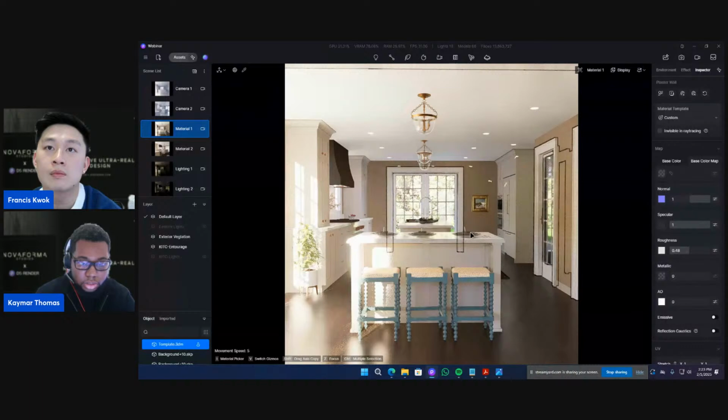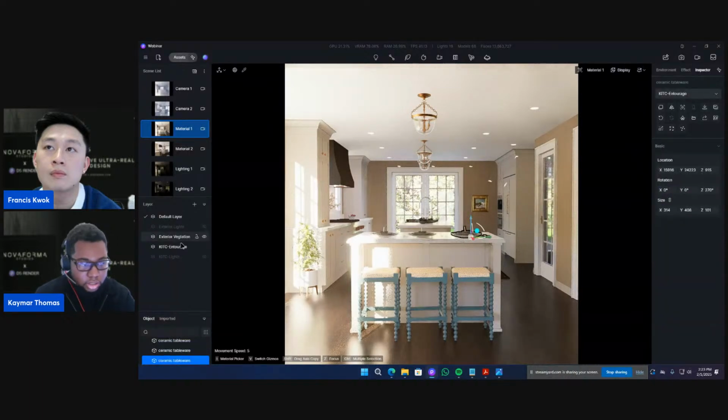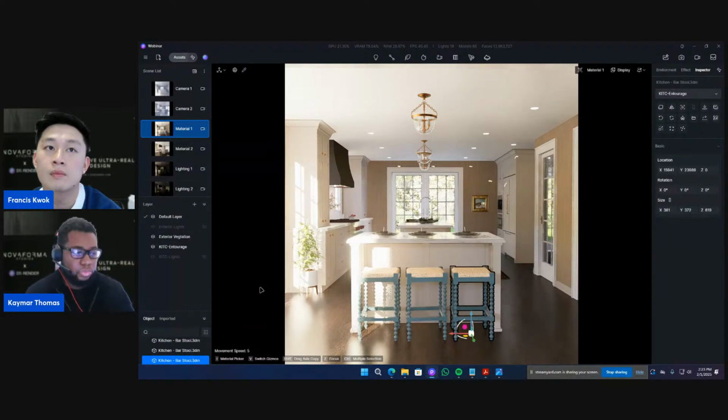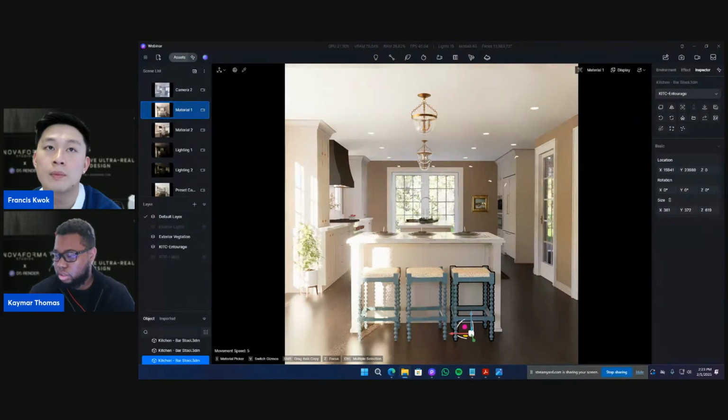So we just import these in or use D5 ready ones, which D5 has a nice catalog of. For example, we brought in this chair from another Rhino file where we created a separate chair. We bring that in, set up the materials, and then the next thing to focus on,